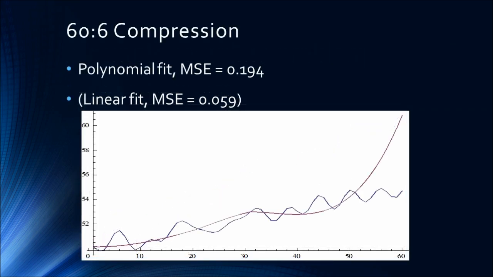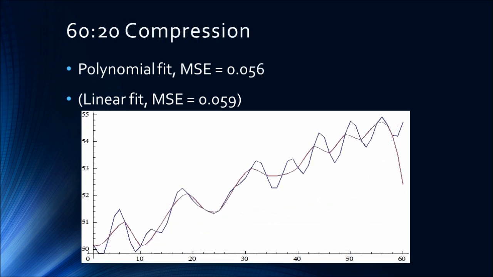So one thing we could do is take, say, a 10-to-1 compression. So 60 to 6, actually, 6 samples down to Earth, so 10-to-1 compression. And fit a smooth polynomial to each segment in between. Here I'm using Mathematica's Interpolate function, so it's like cubic splines on steroids. And this 10-to-1 compression, 60 to 6, is pretty bad compared to a linear fit. In fact, I don't think any of us would ever accept that as an acceptable fit for temperatures.